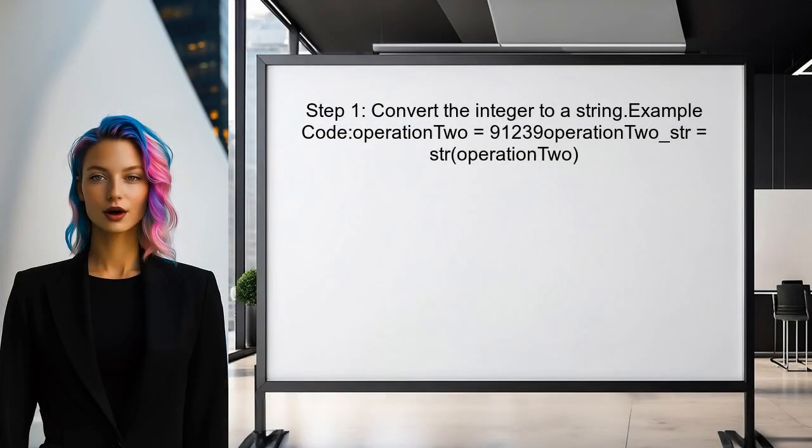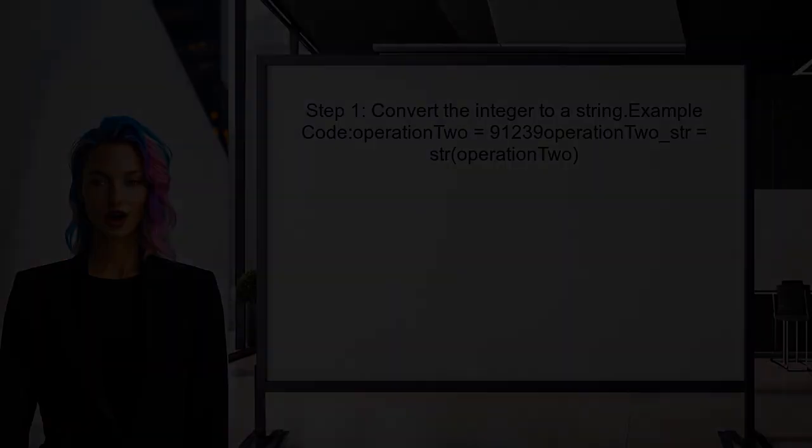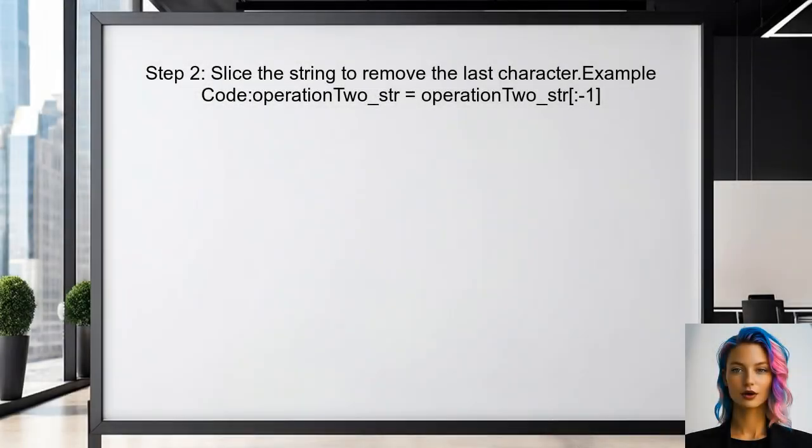To remove the last digit from an integer in Python, the user should first convert the integer to a string. This allows for easy manipulation of the digits. Next, the user can slice the string to remove the last character. This is done by using the slicing method, which allows the user to specify the portion of the string they